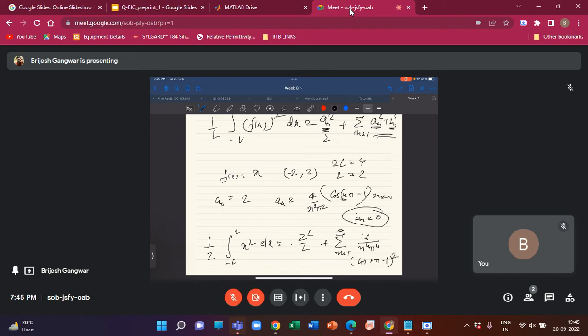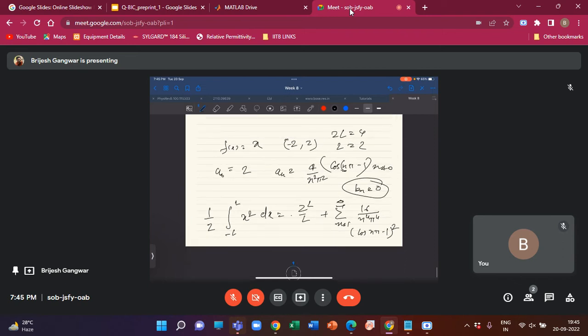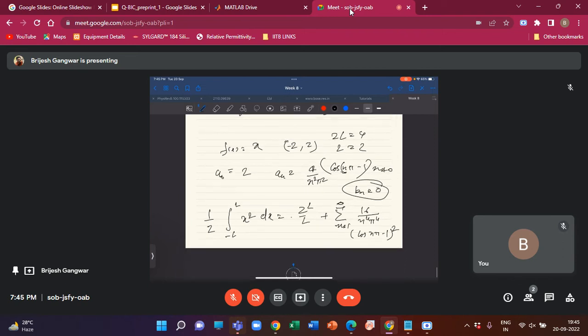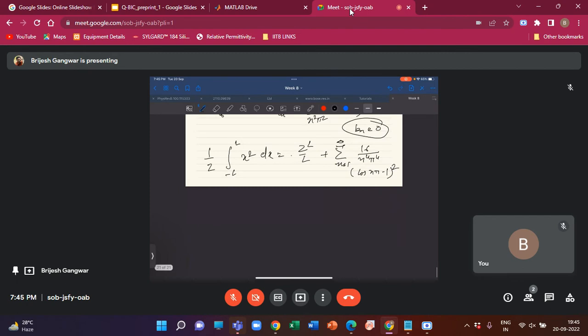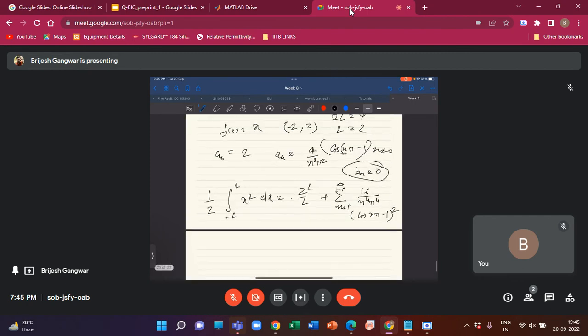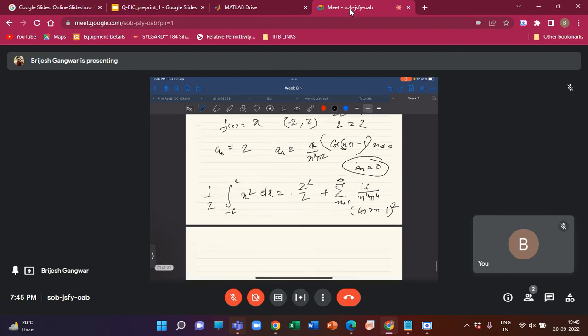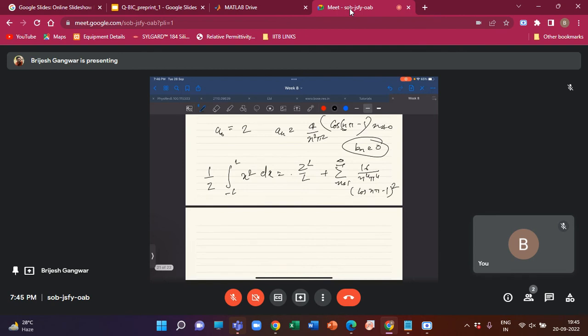Okay, so you will get this relation from here. You are getting this, right? So from here you can write like this, this is our 2 to the power 4, 4 by 2, this is 4, and if you integrate this from minus 2 to 2, what you will get, 1 by 2, x cube by 3, so here is 4,